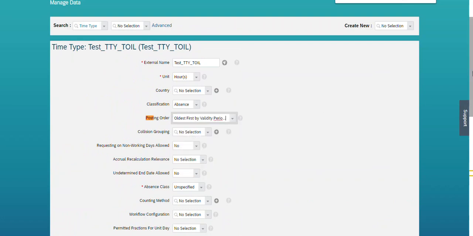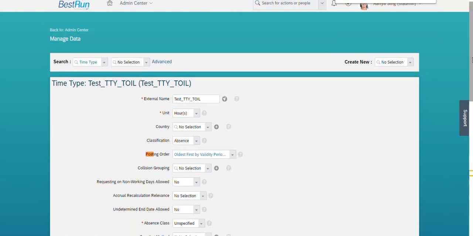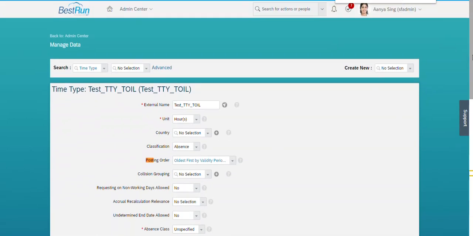So posting order also it is required. I'm just putting old date first. Also this field does not have any rule, but as per the standard system restrictions, we just need to submit those. That's it. So old date first by validity period means, suppose you have some overlap time accounts,